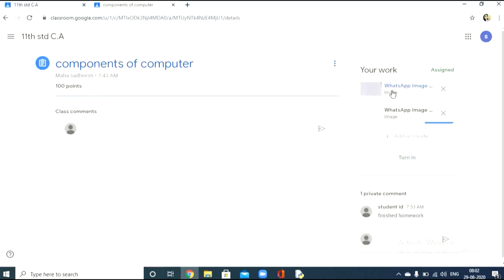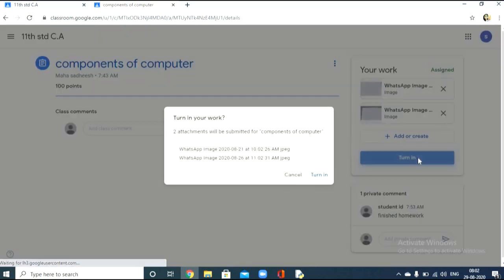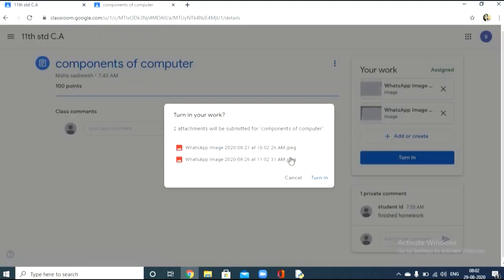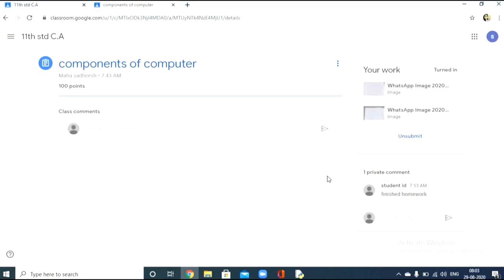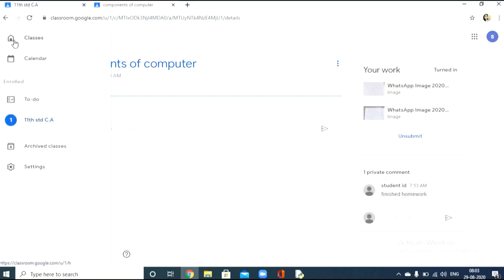So all the pages are uploaded. Now you click turn in. This is a confirmation message. Click turn in again. So your homework is posted. After completing this homework, you can check by going to the left hand side, to do.